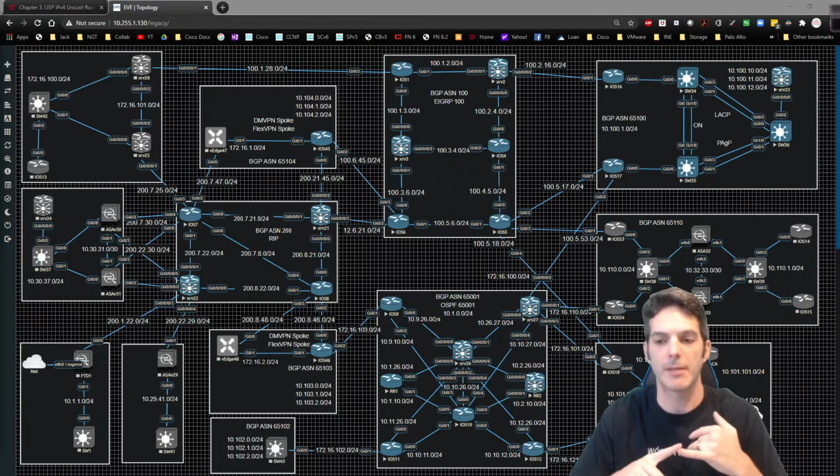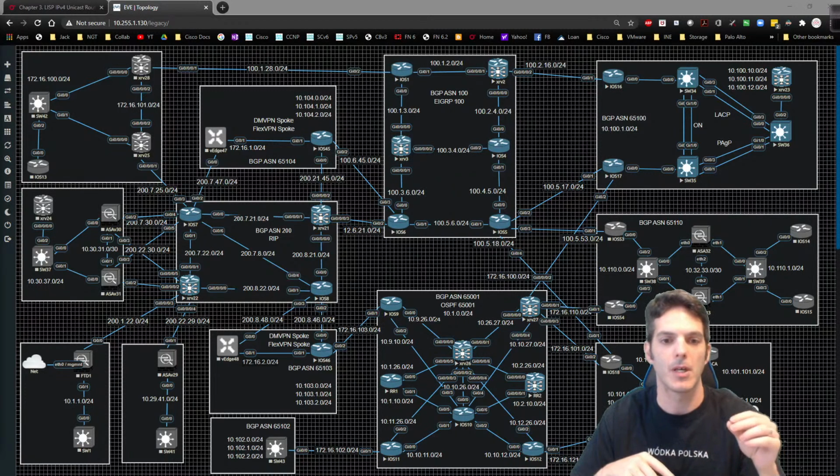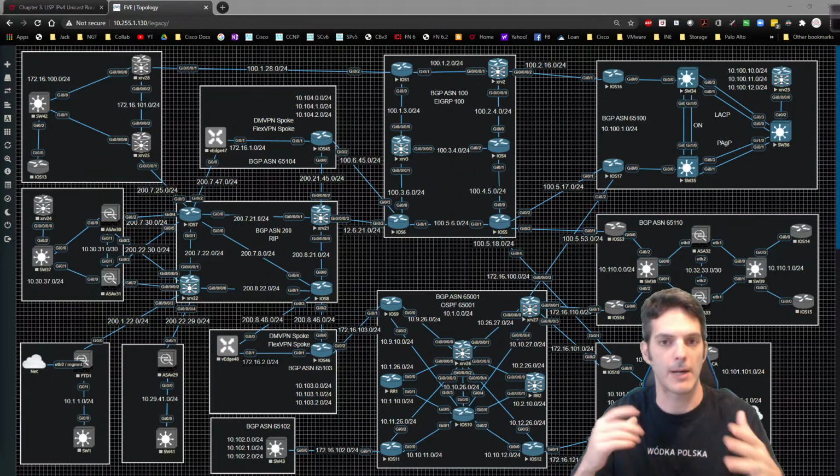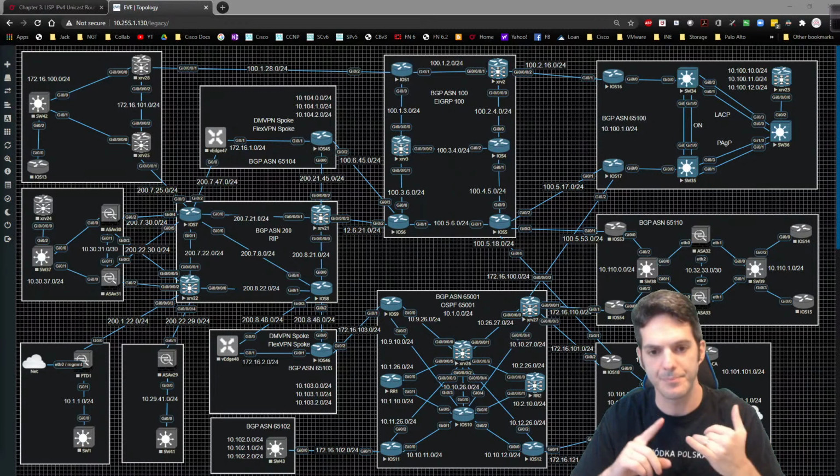Now, one of the other things that I like about BGP is, unlike an IGP, where you have a bunch of routers all peering with each other, forming dynamic adjacencies and stuff like that, what you'll end up getting is